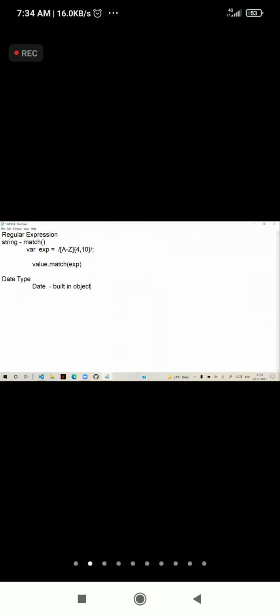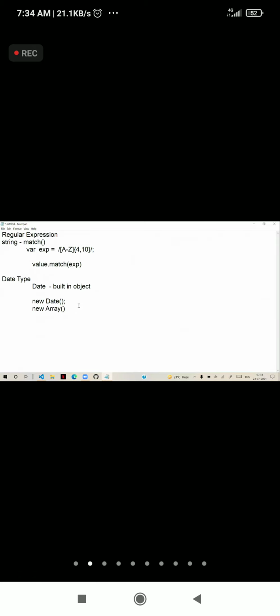Now this object contains many properties and methods, and we have to load those properties and methods into memory. To load them into memory we use the new Date constructor, just like the new Array constructor loads all array methods.